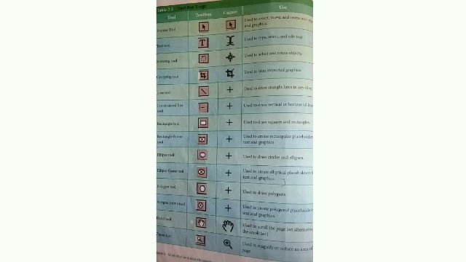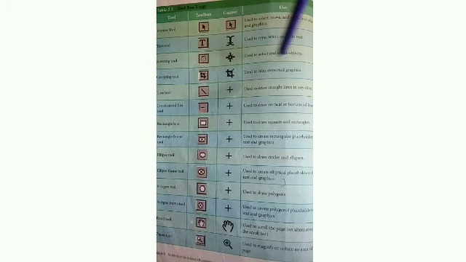Next one is the text tool. Text tool is used to type new text, select the text and edit text. Edit text means we have to do some modification. Next one is the rotating tool, that is used to select and rotate an object. We have to change the direction. Next one is the cropping tool. Cropping tool is used on imported graphics. That means we have to set the exact image. Unnecessary parts we can cut from that place. That is the cropping tool usage.